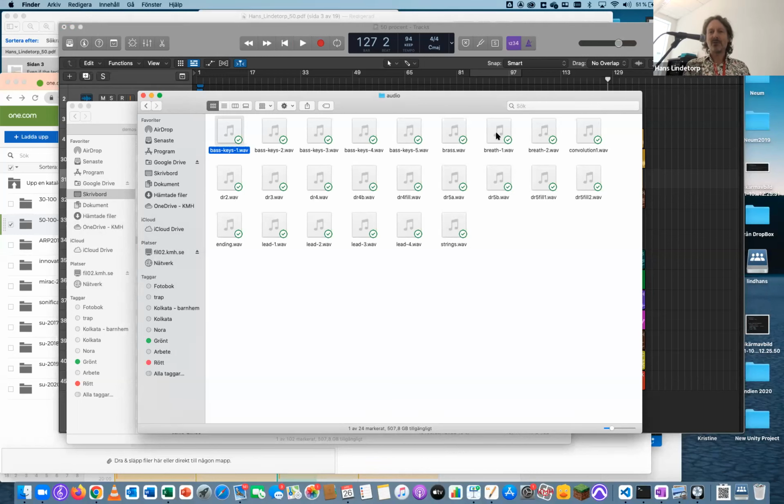So for example, we have the drums, sort of a breath, not drums. Let's go for this one. The cymbals. Some keys and bass. Some lead vocals. And strings